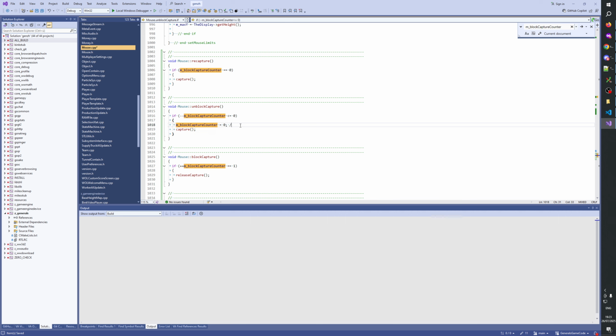Purposefully clamp to 0. Mainly needed for initialization. Game startup. Initialization is good.